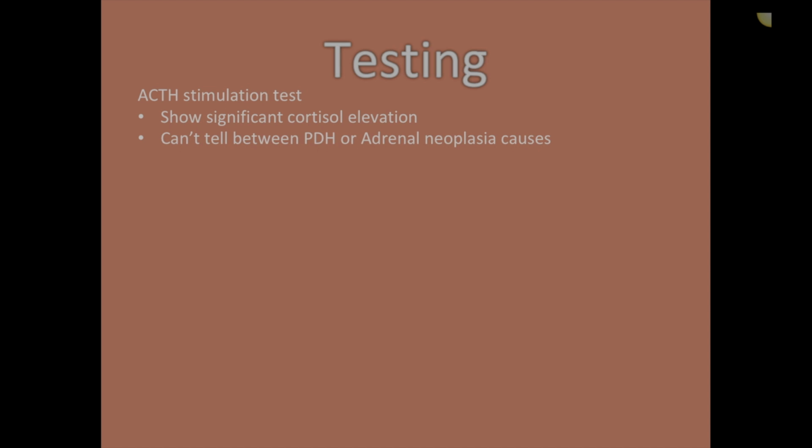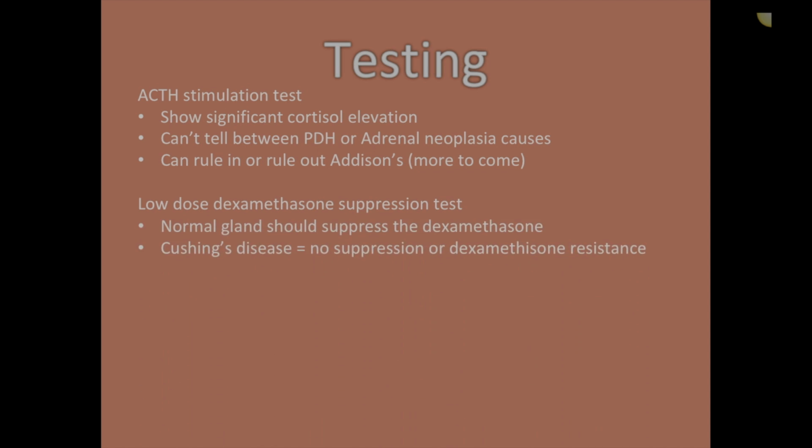So with this one, it's great, and it starts to identify the path that it could be Cushing's disease or hyperadrenocorticism, but it doesn't tell us the difference if it is PDH or the neoplasia. So if it's that pituitary dependent or if it's the functional adrenal tumor. In this case, though, we can rule out Addisons. So like I said, Addisons we won't see any increase in cortisol production, so we can rule out Addisons in this type of case with the ACTH.